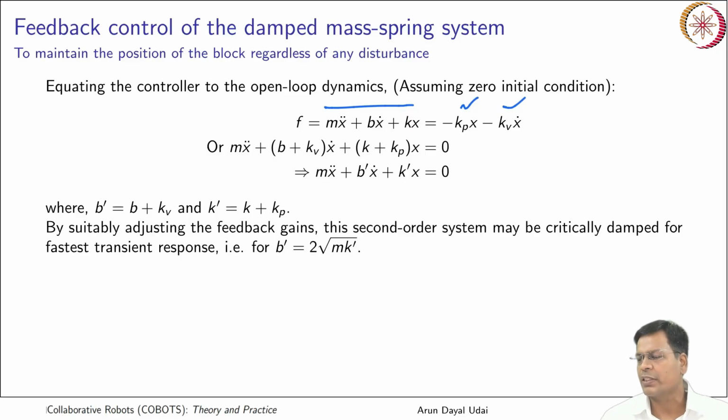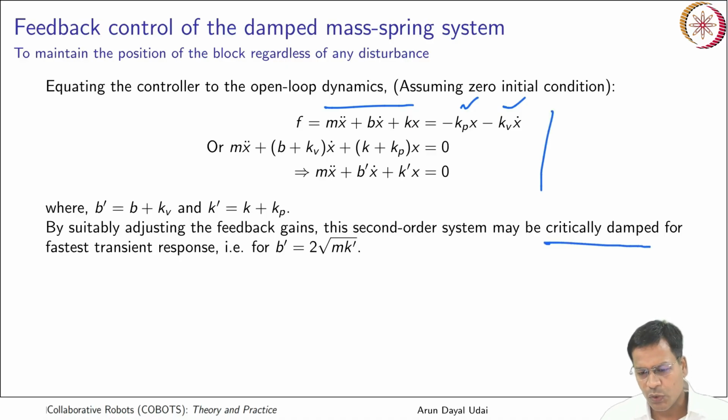Naturally it may not have the fastest transient response. The system characteristics say that it is not the fastest response. It is not critically damped for any step input, let us say. So it may be oscillatory in nature by its own characteristics, that is, by taking m, b and k, it is coming out to be oscillating behavior. It can be an over damped system, it can be an under damped system, it can be anything. So what I want is a critically damped system.